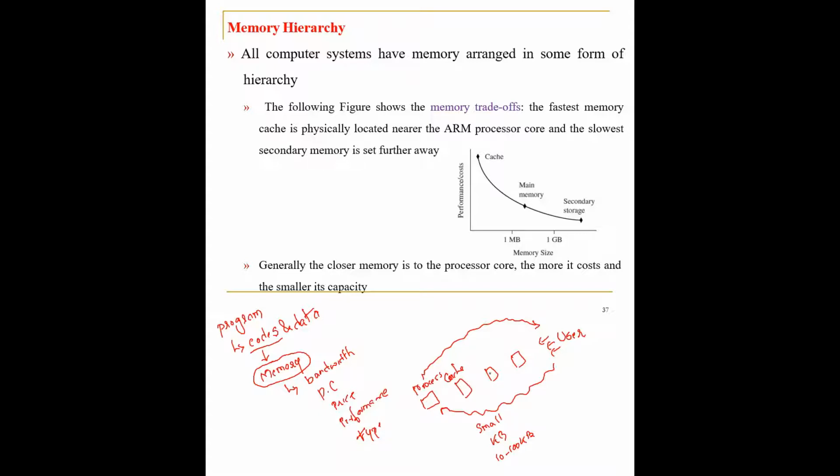Next to the cache memory, we can see the main memory, or you can say this is your primary memory. The size of this primary memory will be somewhere from 256 KB to around 256 MB. So it is comparatively bigger, but comparatively slower, and the pricing of this memory will be comparatively cheaper than the cache memory. The reason why it is cheaper is that it is slower when compared to the cache memory.